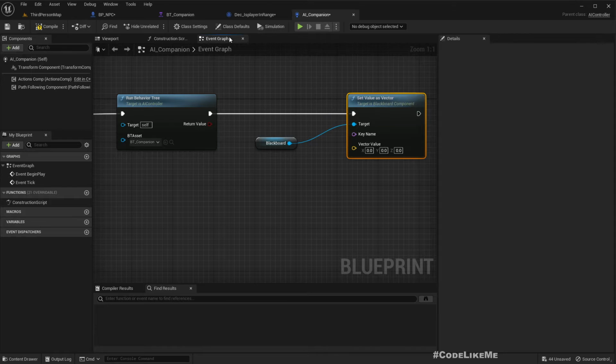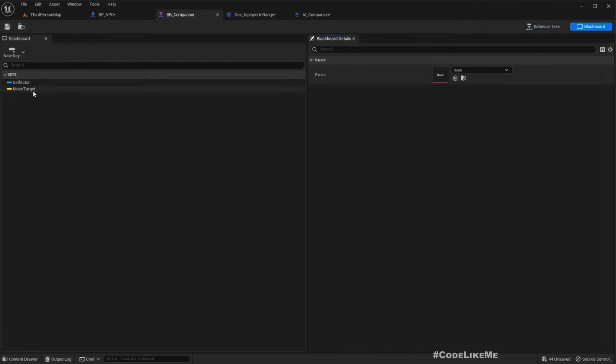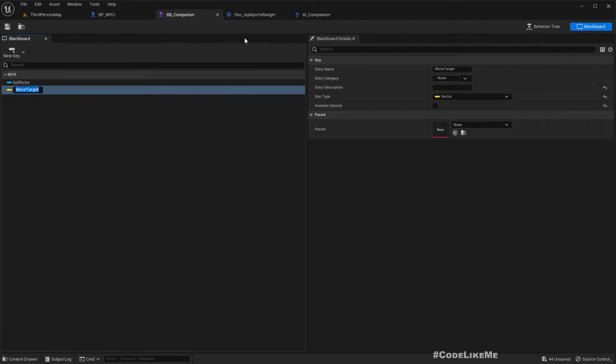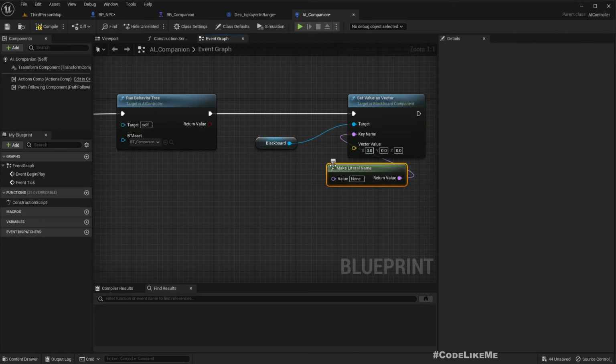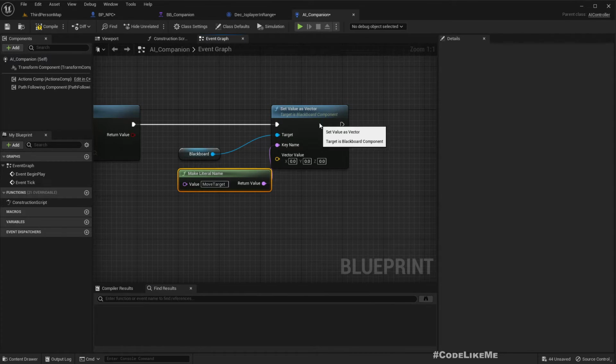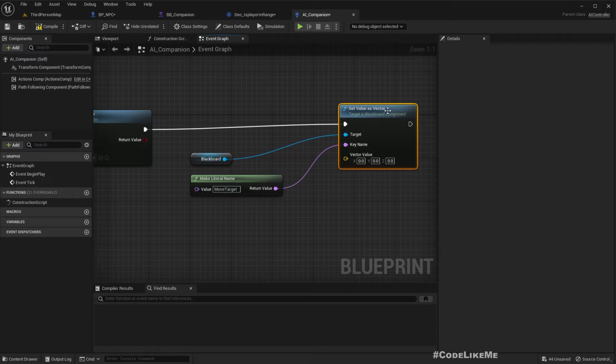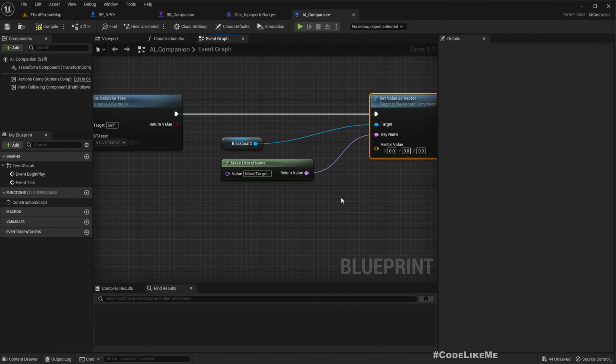So the key name is, make literal name, and the value is going to be, but for now I'll just hard code the value